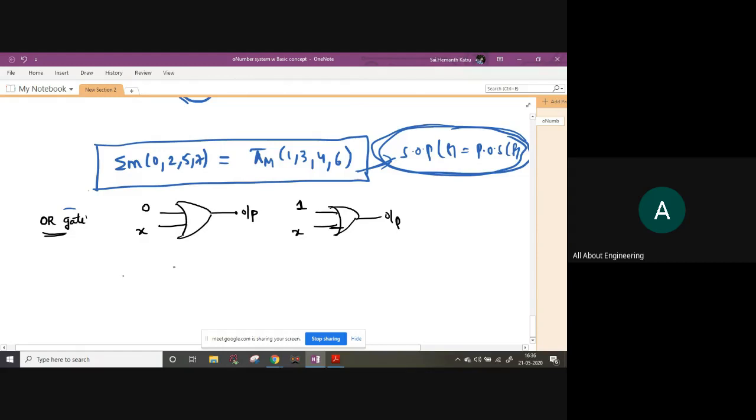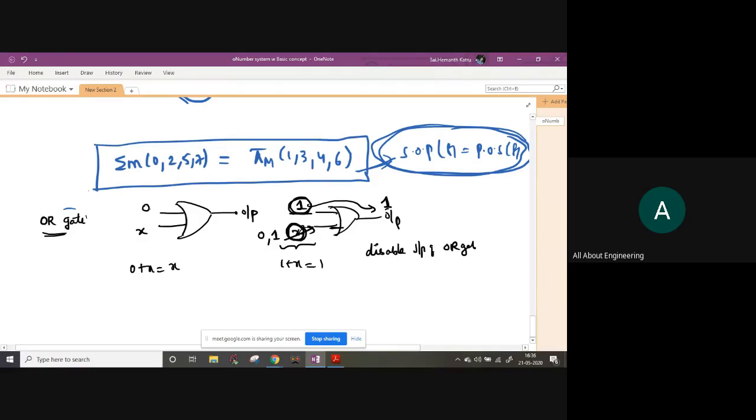You all know that 0 plus X is X, 1 plus X is 1. So no need to tell. If one input to the OR gate is 1, then irrespective of the other input, which can be either 0 or 1, this dominates and you will get output as 1. So if one input to an OR gate is 1, it is indirectly disabling the other input or disabling the gate. The gate functionality is not at all depending on the other input. Hence we call 1 the disable input of an OR gate.